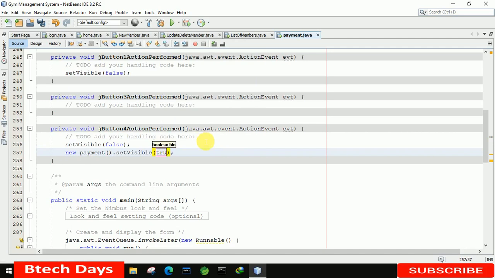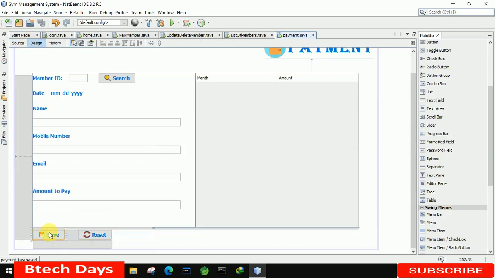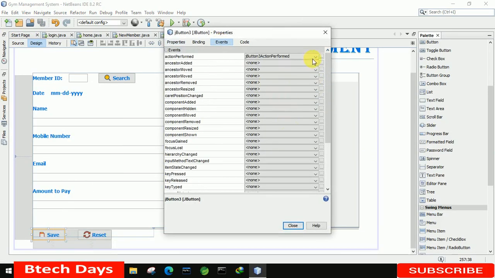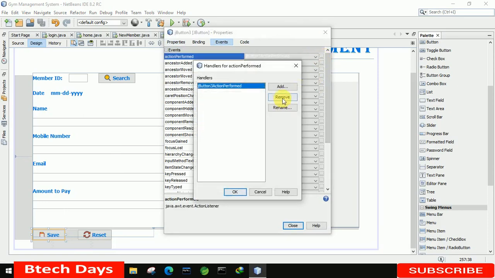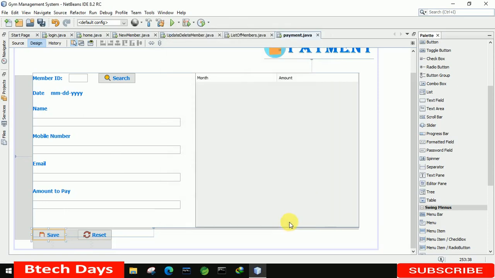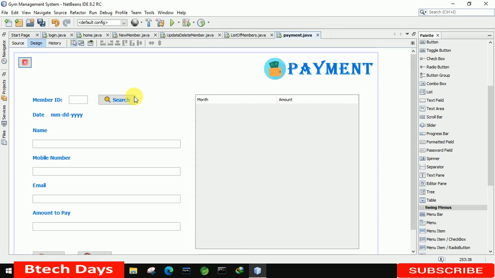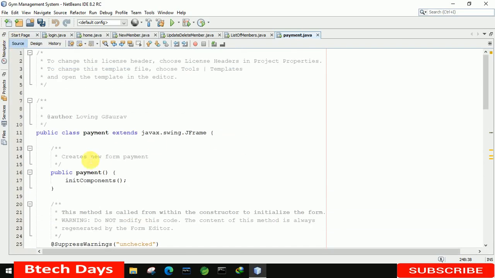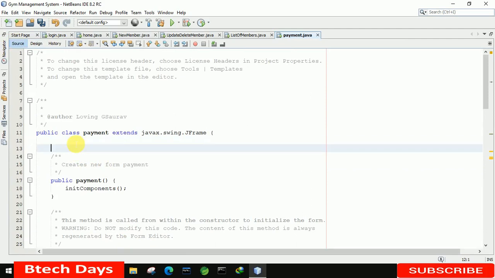true. Okay. So right now we will remove this save button event because code should be in sequence. That's why we are going to remove this event for now. We will generate the same event again, not a problem. Okay. So one by one we are going to do it. So let's move to the source again. And first we are going to create two methods here. So let's check it out.